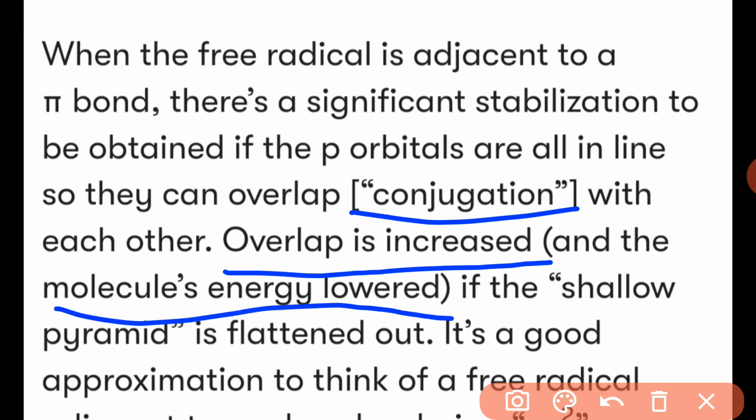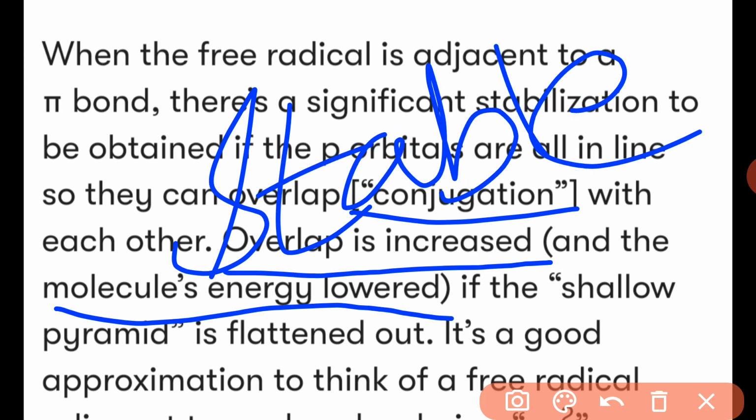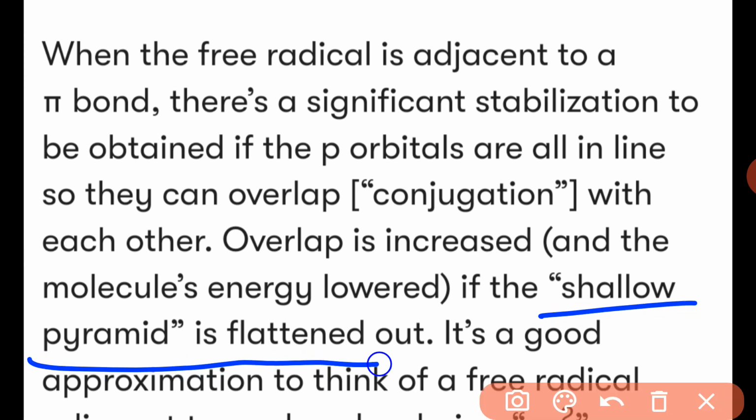You have to remember that whenever a molecule has low energy, it is more stable. Whenever something is at lower energy, it is said to be stabilized. So when the pi bond is attached, as a result the overlapping will increase. When the overlapping increases, the molecular energy will be lowered, and the shallow pyramid is even more